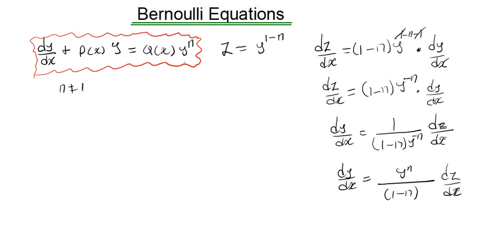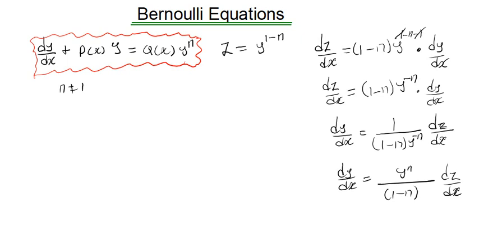So I now have my dy/dx in terms of dz/dx. So it's just a matter of now what? It's just a matter of substituting. But before I do that, I need to multiply that Bernoulli equation that I have, given in that form, by 1 over